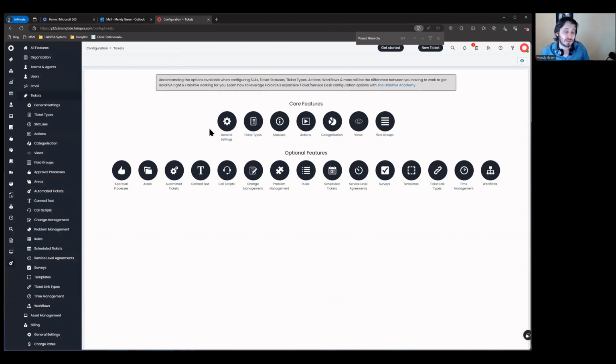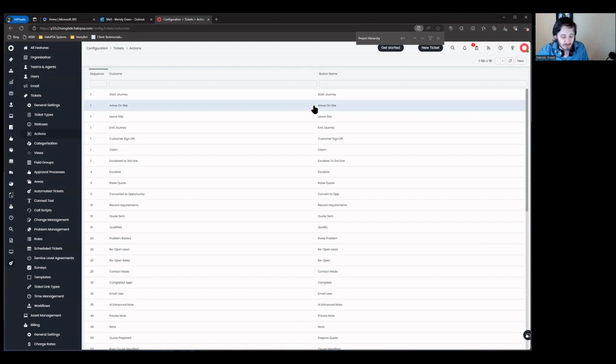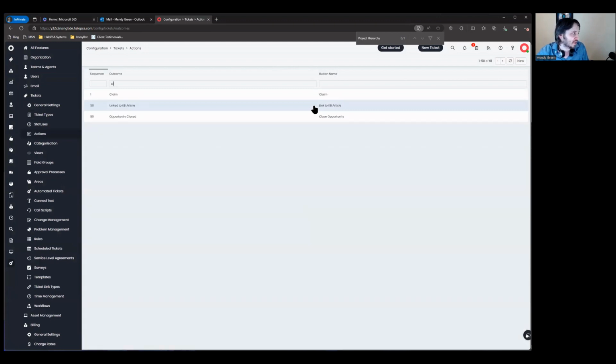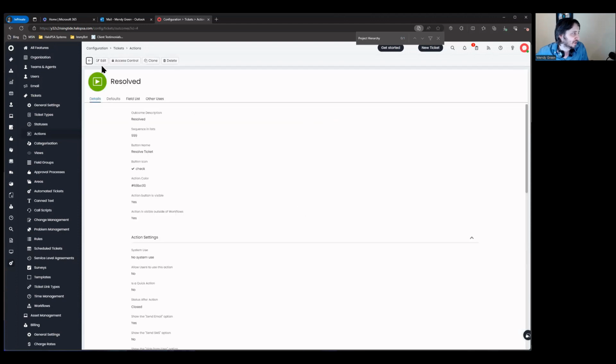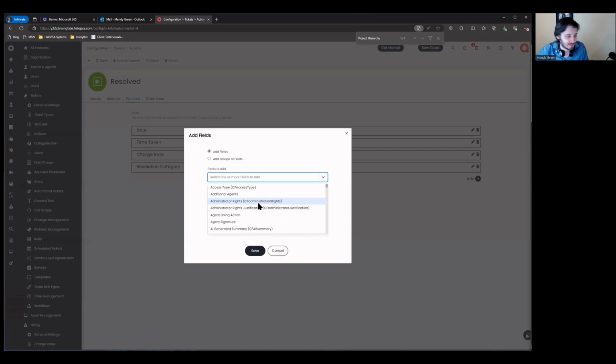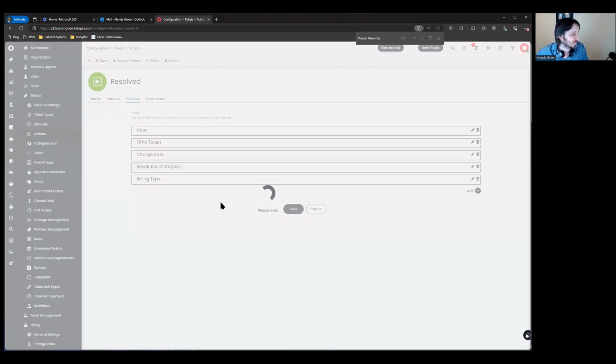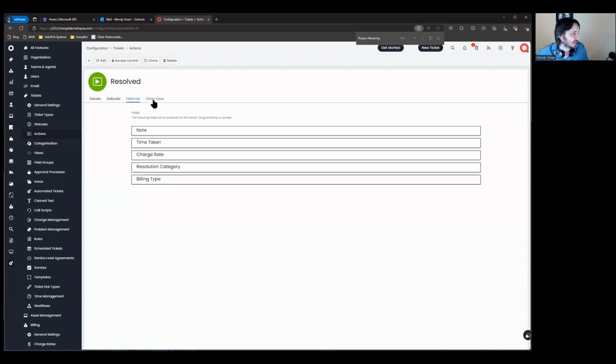But can we also do it maybe at the time of closing the ticket? Maybe something happened, and we want to make sure that we can set that value at the time when we're done. So let's go look for it. We've got close. Nope. We got resolve ticket. We can come back here and edit this field list. We're just going to add in the billing type at that point. Okay, and then